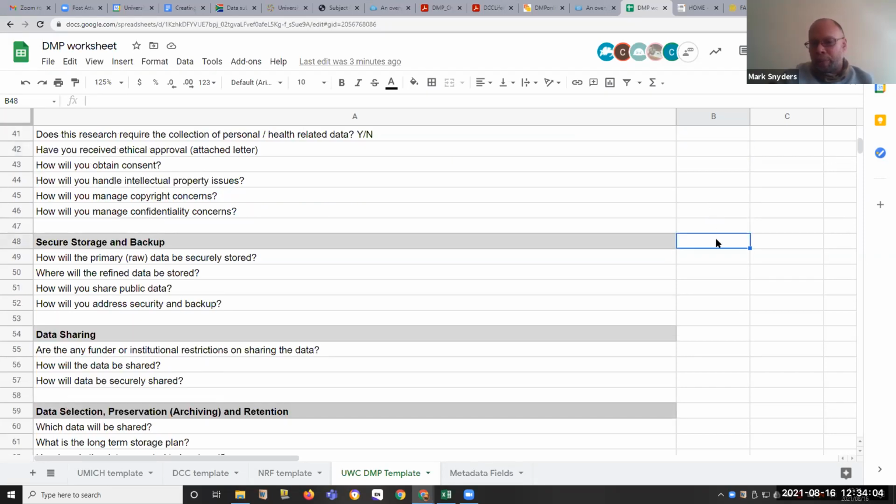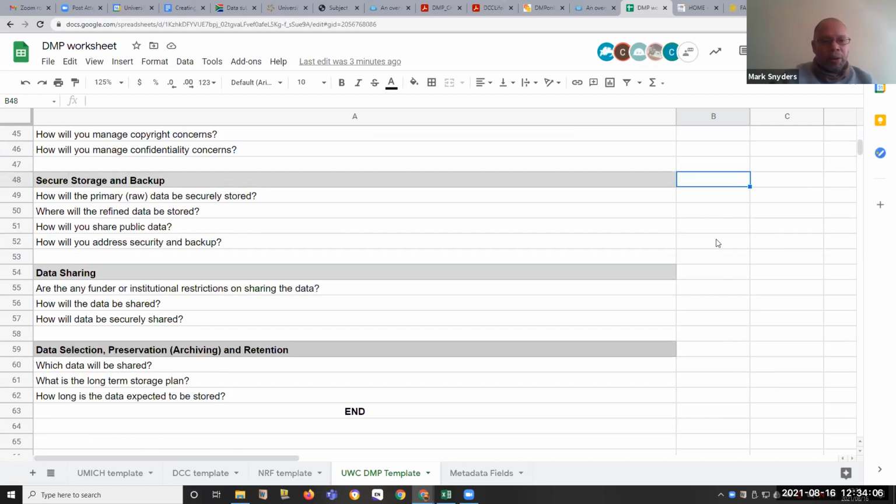Okay, we also have storage and backup facilities. How would you store your data? Whether or not it's secure. If you are dealing with health sciences data, it is vitally important that you understand that you are not allowed to have your research data on a memory stick or on a laptop that you take home with you. You can get into a lot of trouble if you're found in possession of somebody's personal health data, even if that person's name isn't clear.